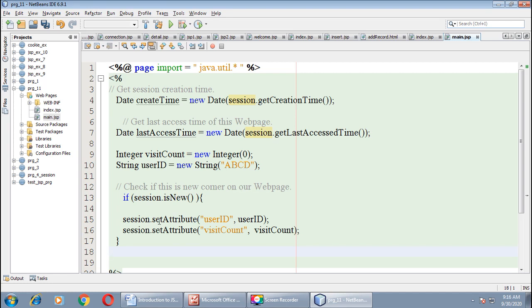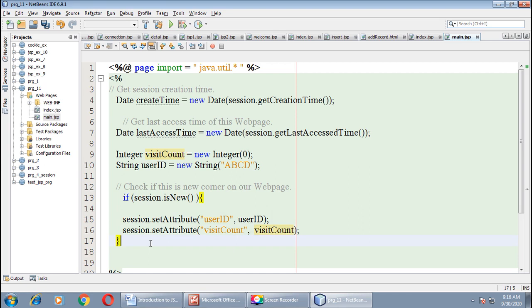At that time we want to set these two attributes, user ID and visit count. These two session attributes we want to initialize with user ID as ABCD and visit count as 0, right? This will begin with these two values.